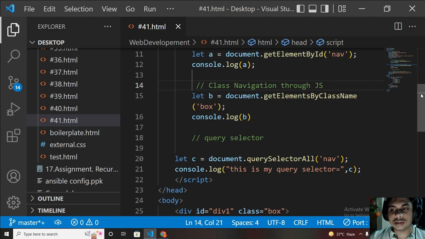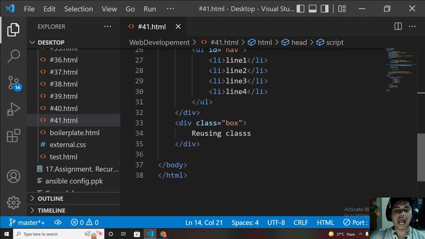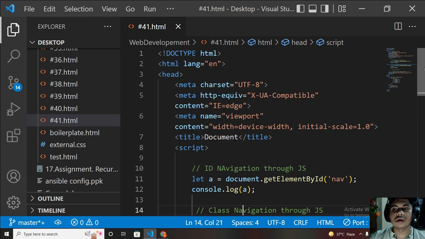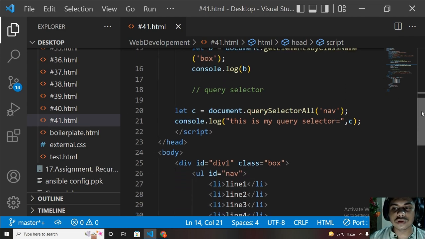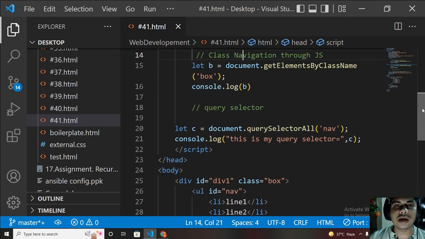So yeah, this is it for today, and I will be using all these properties in my upcoming project. So that's why I'm telling you all. You should focus on this, because this is a really very important topic of JavaScript. When I make projects, I will be targeting all my DOM stuff using JavaScript. That is why JavaScript plays a main role in web development, in front end as well as back end. So your JavaScript should be good. And yeah, I will be meeting you in my next